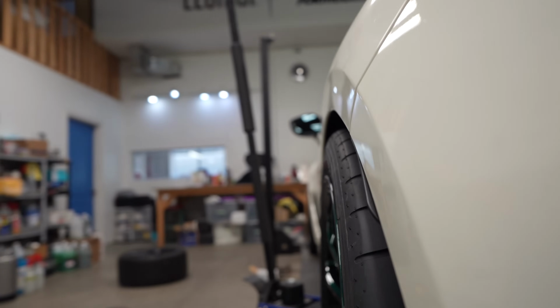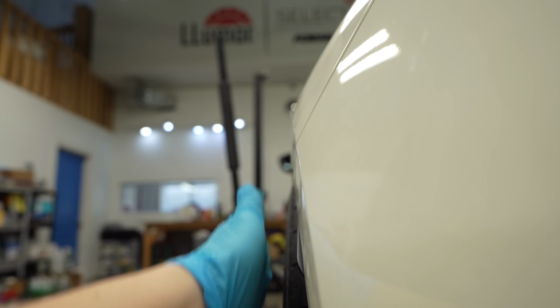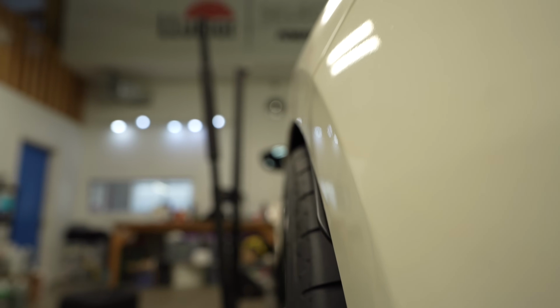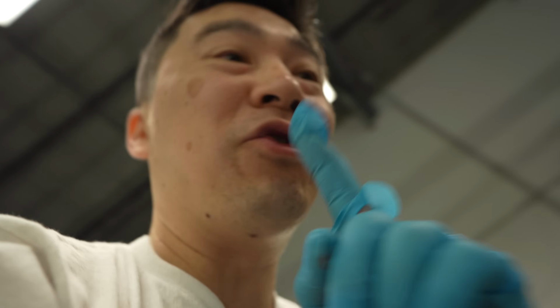When it comes to the actual fitment, you see there's no more roll. It's actually really, really flush with the actual fender. Mind you, I haven't driven on the car yet, so it's going to basically camber in just a little more when the